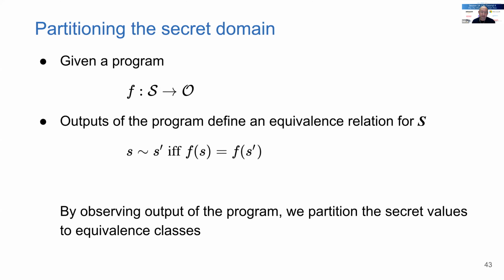If I don't have access, maybe I can exhaustively test the code. I don't have the source code, but I can run the function. If I can run the function, I can repeatedly run it, look at the observations and the inputs, and maybe establish this equivalence relation, right? So that's like using profiling. Or maybe it's the white box technique and I can figure this out, okay? So by observing the output of the program, we can partition the secret values, right?